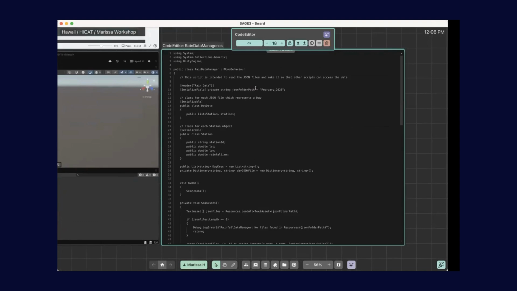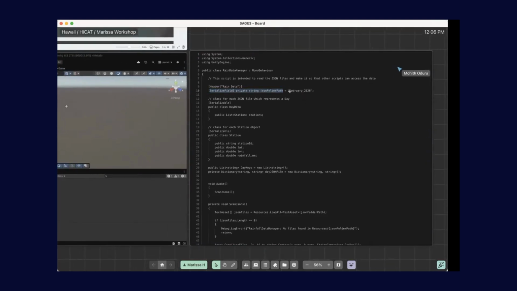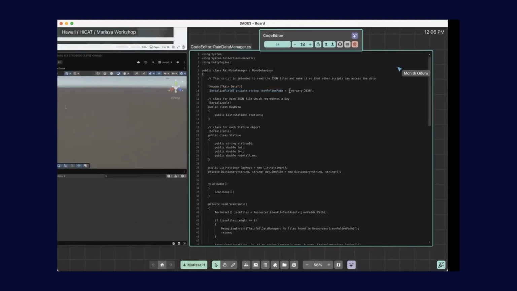So here you can see this is the JSON folder path, and in our resources folder you just have to include the name,